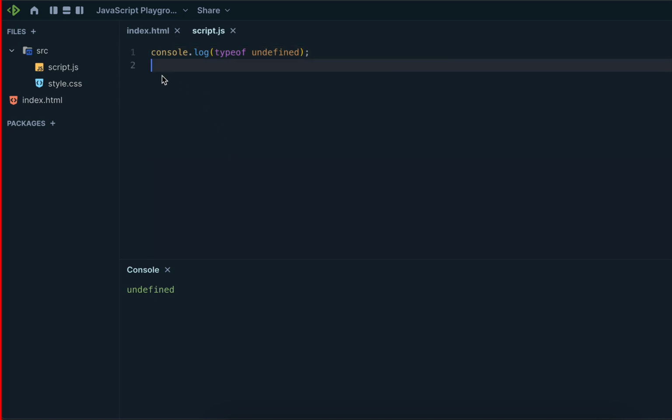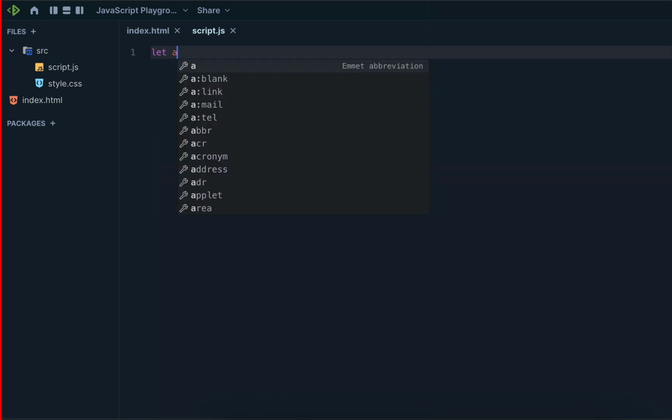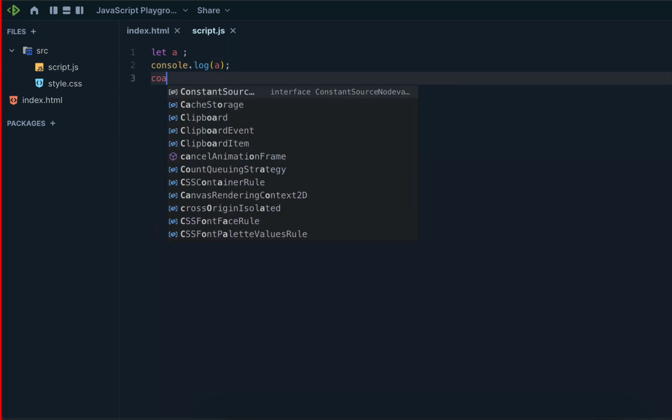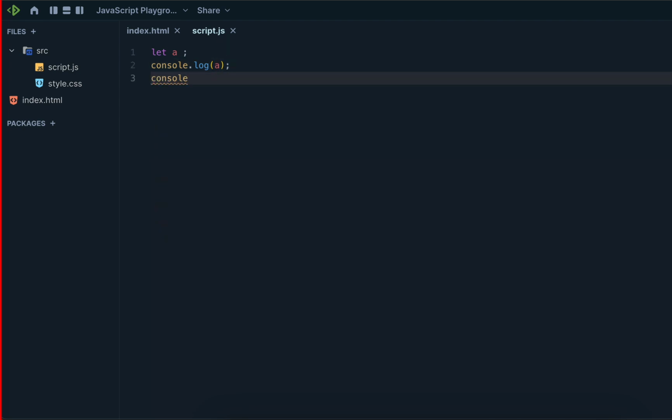Okay, we have one more question. We have let a, and console.log a, and I will create one variable b equal to 10.